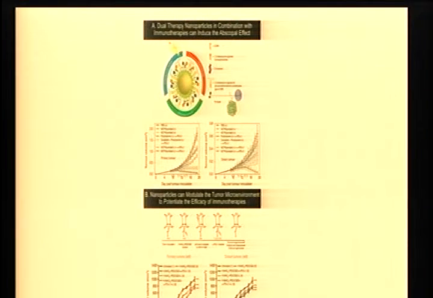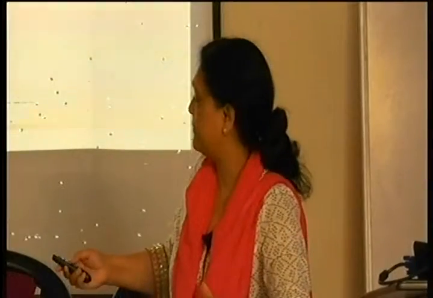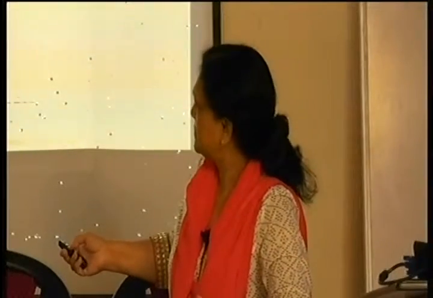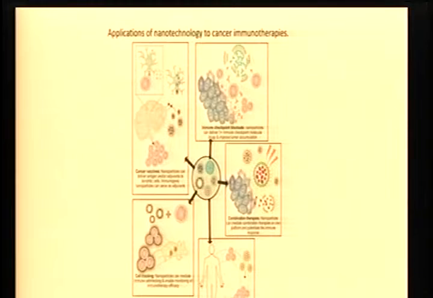Here, what they have done is that nanoparticles can modulate the tumor microenvironment to potentiate the efficacy of immunotherapies. This is what I was showing you, that they have removed the myeloid-derived suppressor cells, and now they find that if you adoptively transfer activated T cells, they'll be more effective because there's nothing there to suppress their action. Because Tregs are one, myeloid-derived suppressor cells are another. There are many other factors in the microenvironment. I think this should probably be the last.